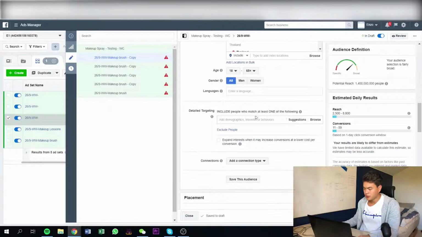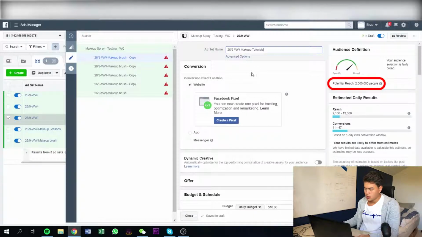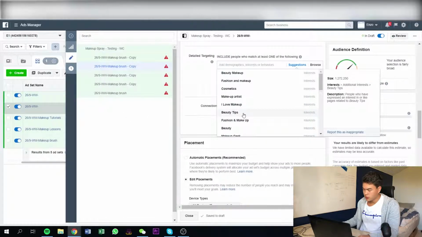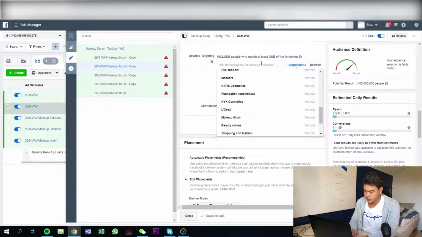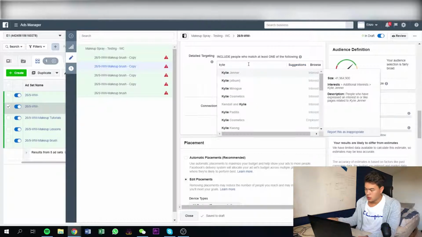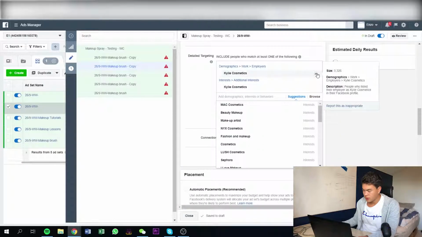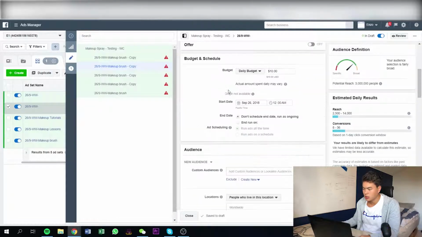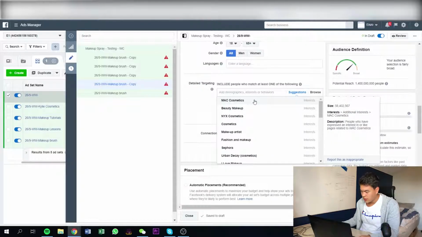Let's move on to the next one. Makeup tutorials. Sure. What else? Beauty tips. Sephora. You can always do a little bit of research, for example, search up some beauty magazines or some beauty brands. For example, Kylie Cosmetics. That could work. That's Kylie Jenner's beauty brand. And what else? Let's try